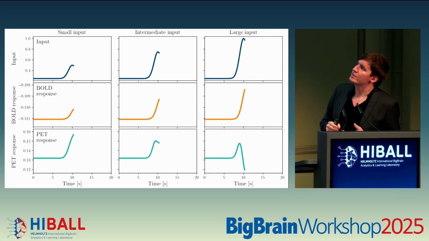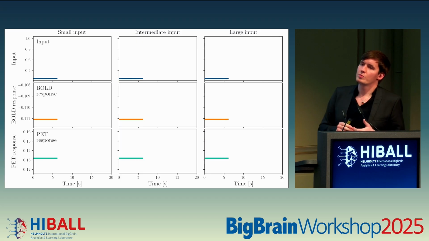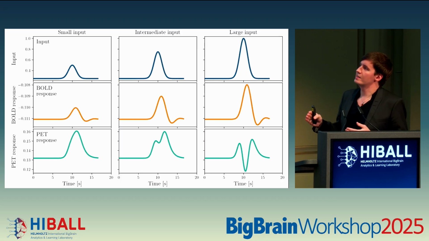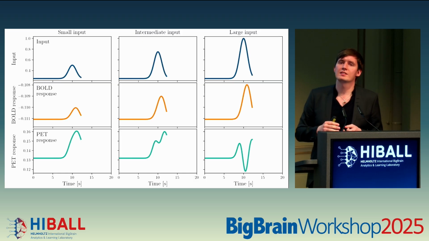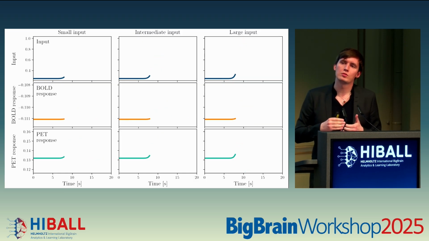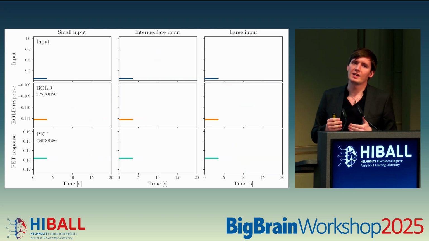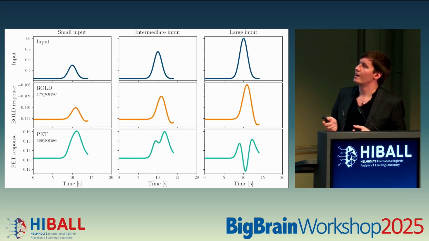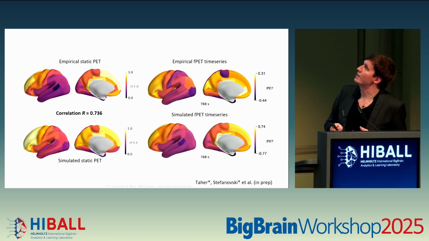And this is extremely interesting because by this we can see the differences in how glucose PET reacts, as a response function, differently than fMRI. And why is this so interesting? Because both are measuring the same thing. Both are indirect measures of the actual brain activity. And when we use two methods that have a completely different way to measure something, we can hopefully understand better the underlying activity itself. Here we were able to get quite good fits for the static PET and also for